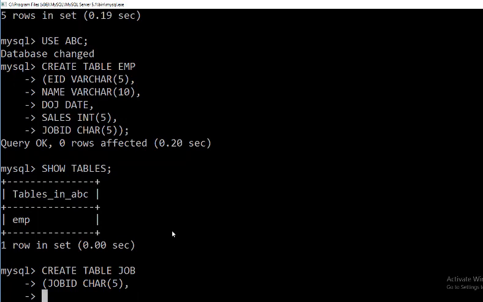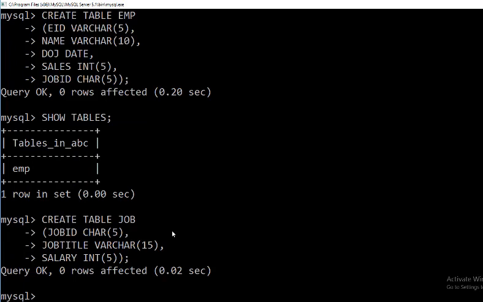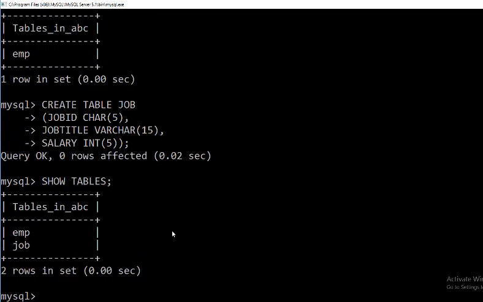Next, suppose I want job title, suppose I want 15 characters, and salary in 5. These are the 3 columns. So again, if you give the show tables command now, you can see the 2 tables, EMP and JOB, created.